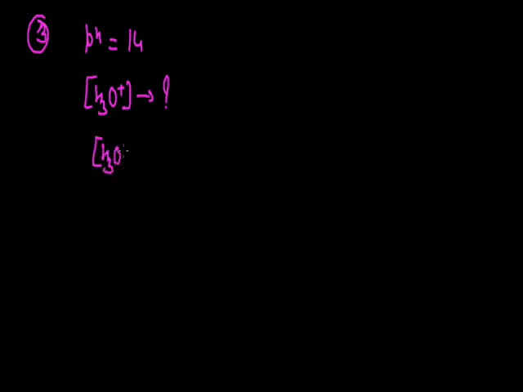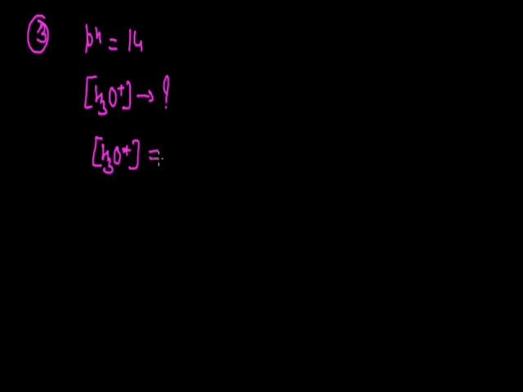If the question is asked in the reverse form, such as if they provide the pH of any solution and the pH is given as 14 and you are asked to calculate the concentration of hydronium ion for this solution, then for the calculation of hydronium ion concentration, you take the anti-log of this pH.